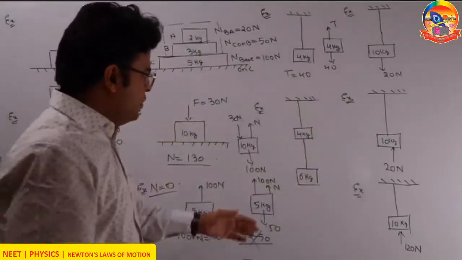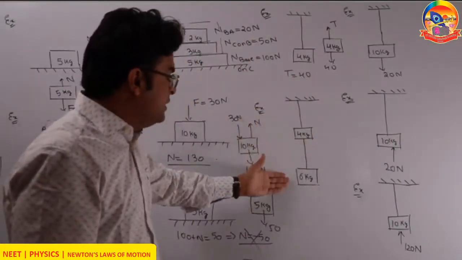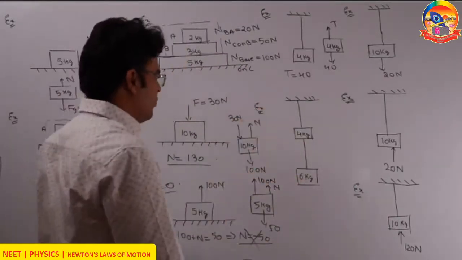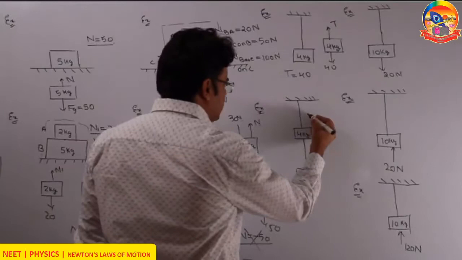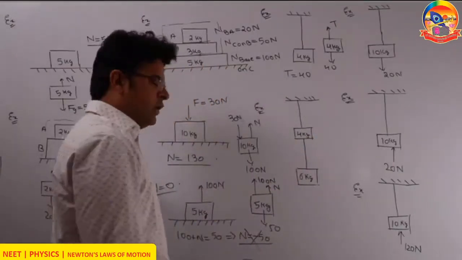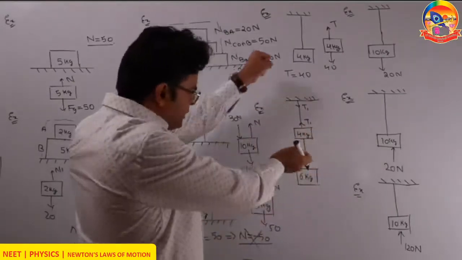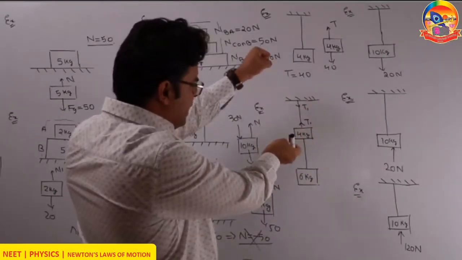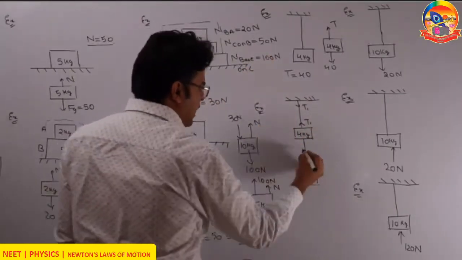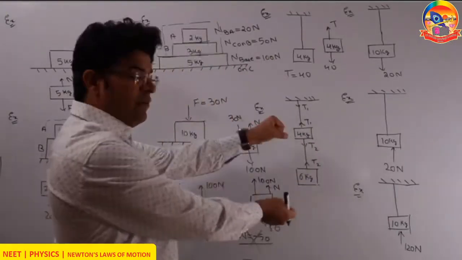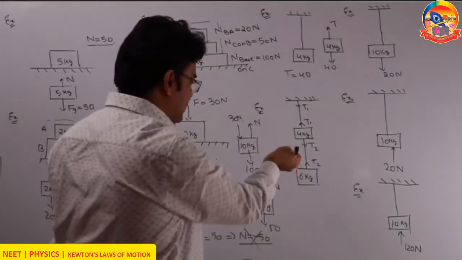Next, now this time two masses are hanged, 4 kg and 6 kg, from the string system. Question is, what is the tension in the upper string? What is the tension in the lower string? So let's say the tension in the upper string is T1. The upper string pulls both the ceiling as well as the 4 kg. And let's say the tension in the lower string is T2. So the lower string pulls both the 4 kg down as well as the 6 kg up.